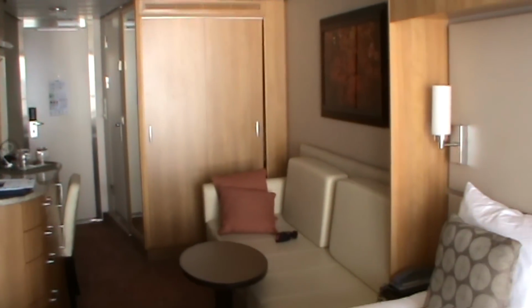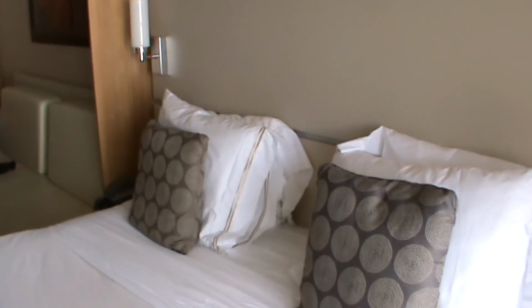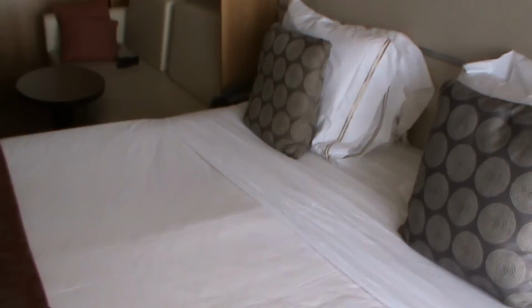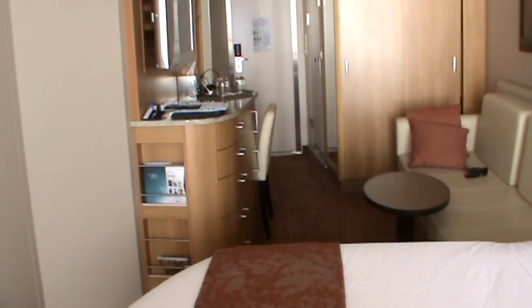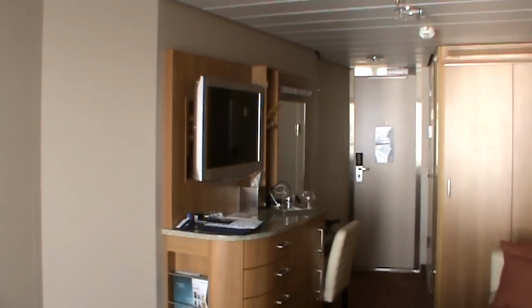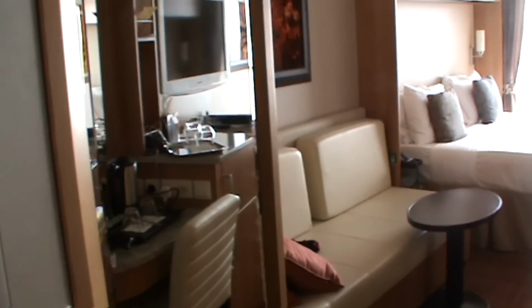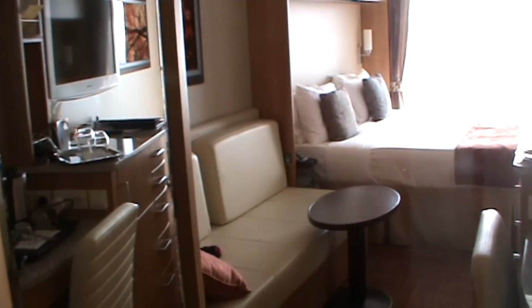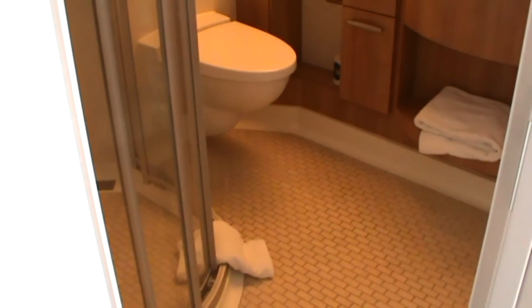This is our balcony stateroom 9125, located on deck 9, forward end of the port side of the ship, and we are about 4 cabins back from the bridge. Very nicely appointed cabin, large 3-seater settee, lots of room, large TV screen, tea and coffee making facilities, and a